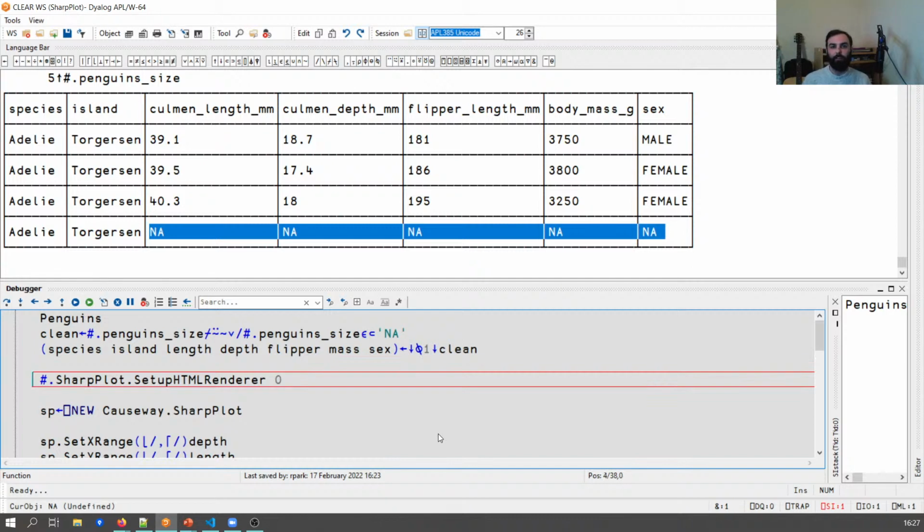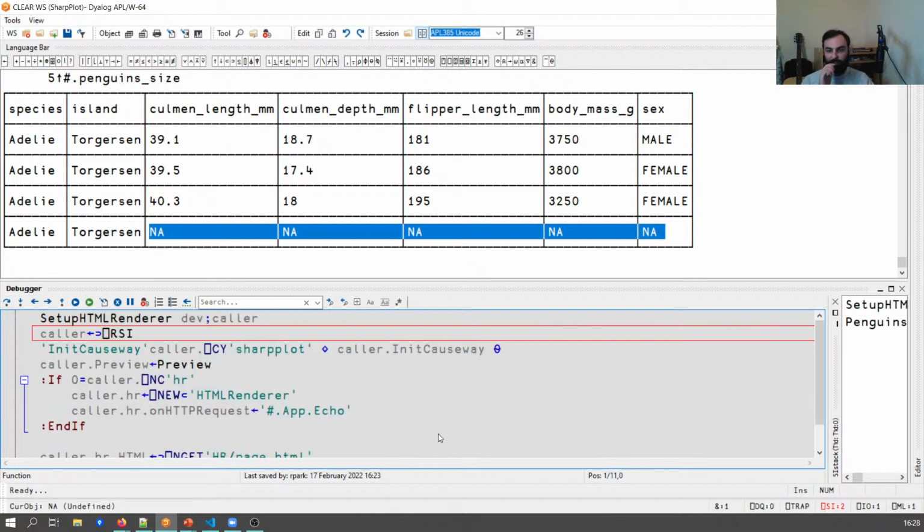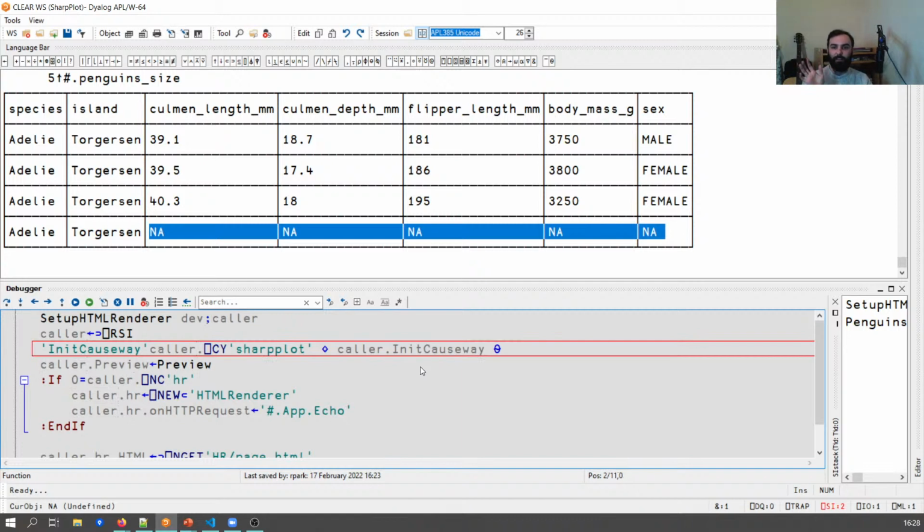Then this is the one point I wanted to make about the SharpPlot viewer and the plot user command. The only thing I find a bit fiddly is every time you want to look at your plots, it's popping up a new window, and especially on Windows, now I've got to move that across, and then if I want to do it again, I've got to pop up a fresh window. It's not that hard to, please ignore the caller stuff. I was trying something out to do with making this easier to handle in terms of returning an HTML renderer, but I should have just returned it as a